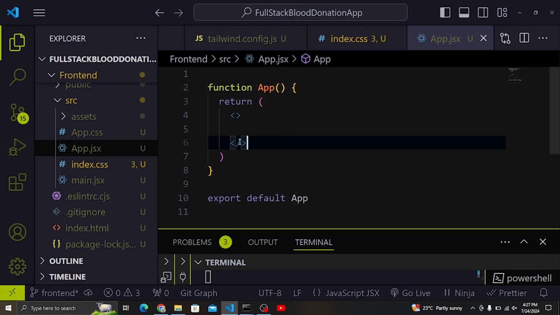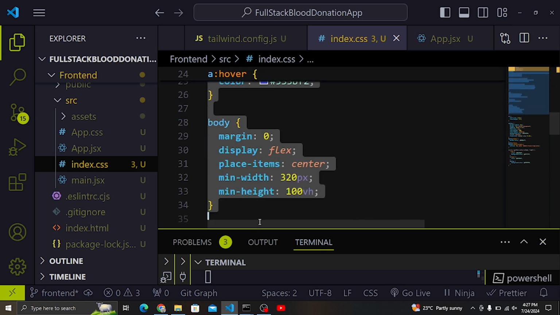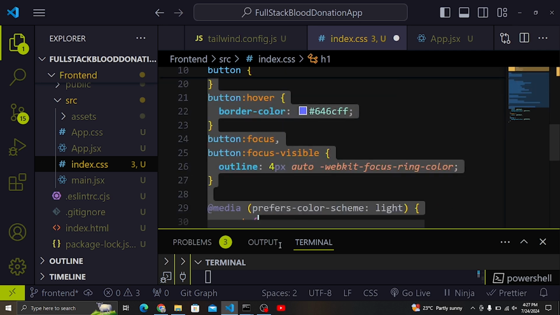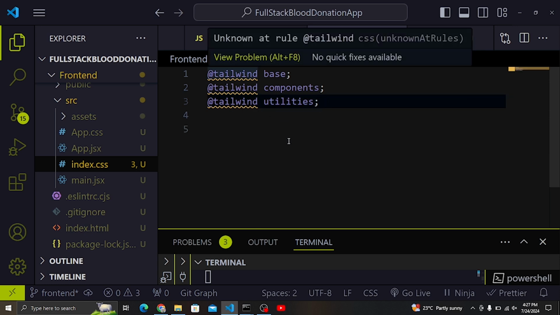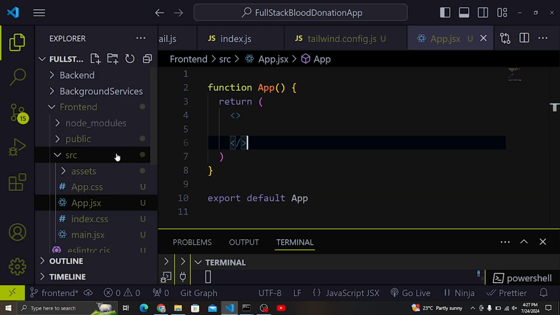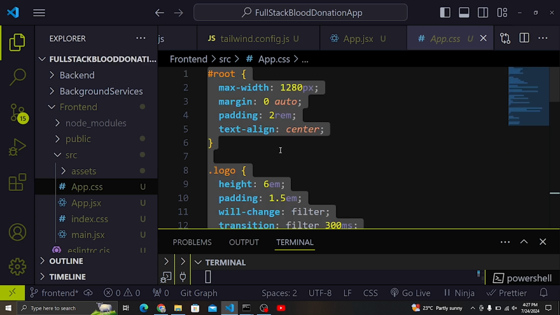So what I'm going to do is, inside my index.css, remove everything here that is default. I also have all this code that I need to remove. The other thing is, you need to leave these 3 lines of code inside here. And another thing is that we need to get into app.css, and I'm going to just remove everything